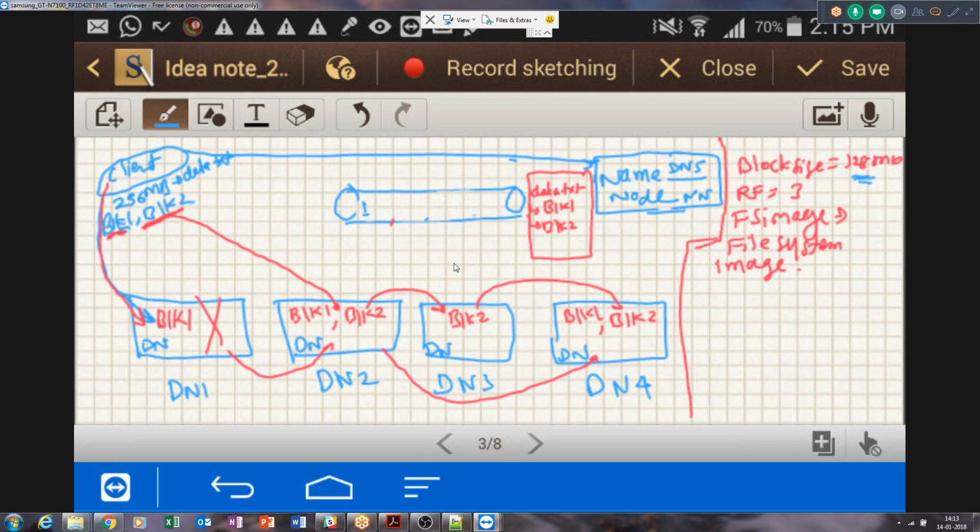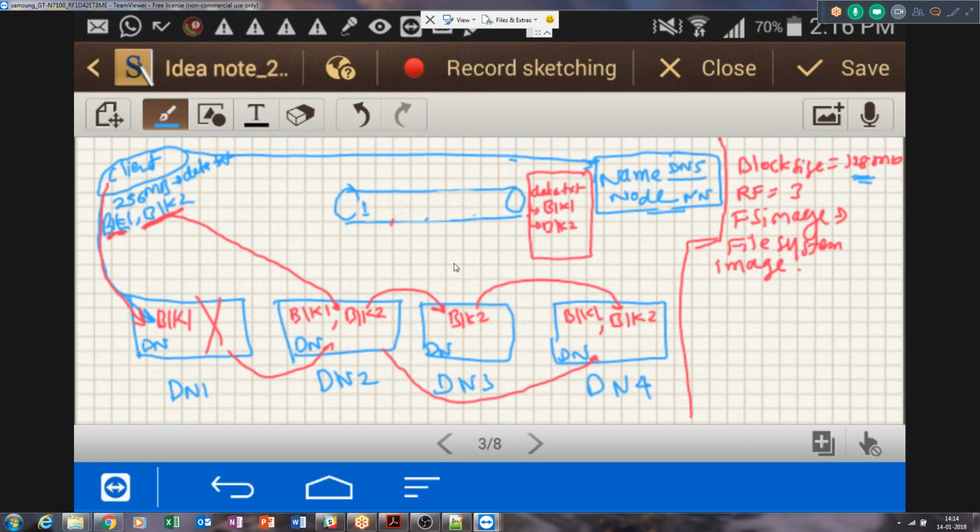Okay, so suppose name node scans data.txt, it says okay, block 1 and block 2 are associated with data.txt, and now when it scans the block reports sent by the data nodes to the name node, it can easily see that block 1 is available on data node 2 and data node 4, and data node 1 also. It was sending some time back, but now it stopped sending the heartbeat because it is now out of order.